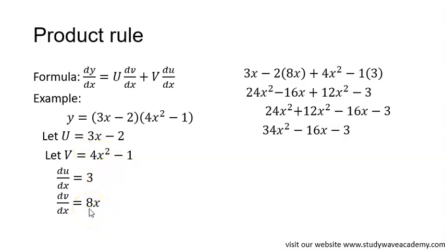Okay, don't be confused. So we have gotten du over dx, which is equals to 3, and dv over dx, which is equals to 8x. So looking at our formula, we have gotten everything we need, right? We have u, we have